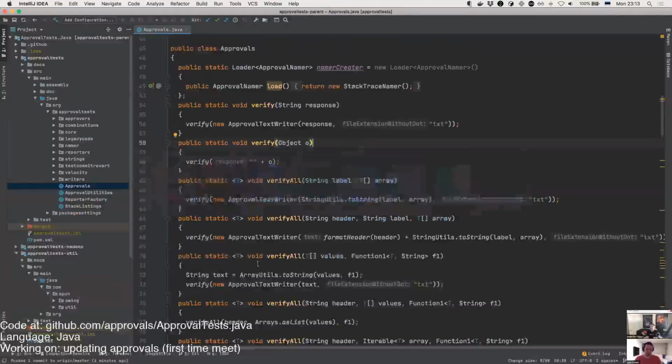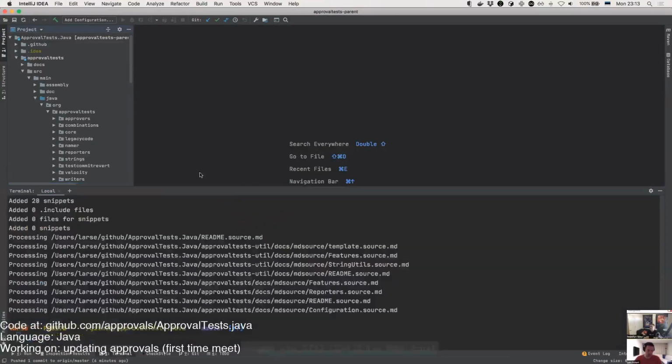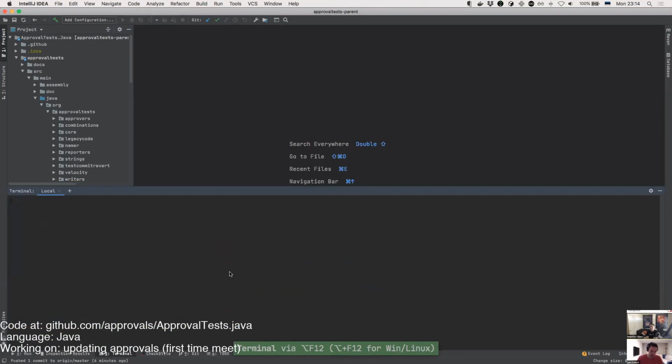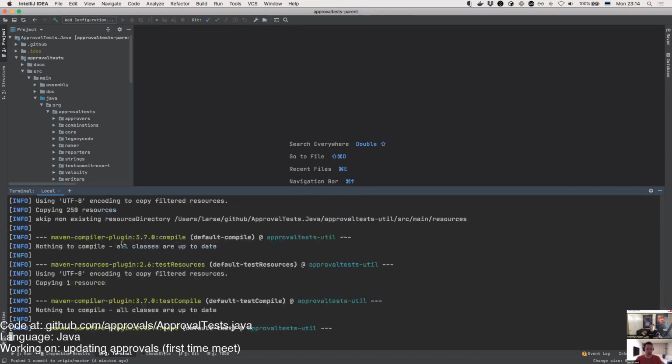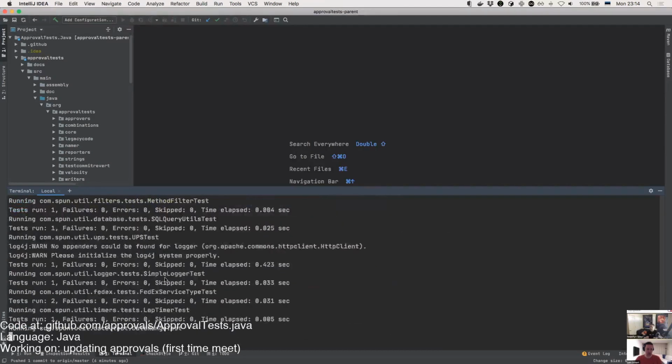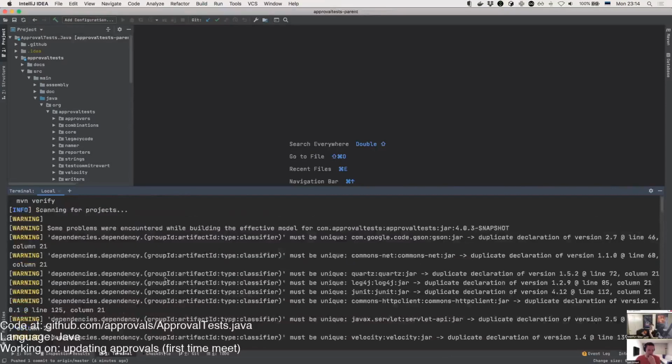Yeah, let's go take a look at those. I think I'll just run it again, Maven verify, and we might see them. I didn't write down where I saw them. Okay, well, there they are at the beginning. There we go.